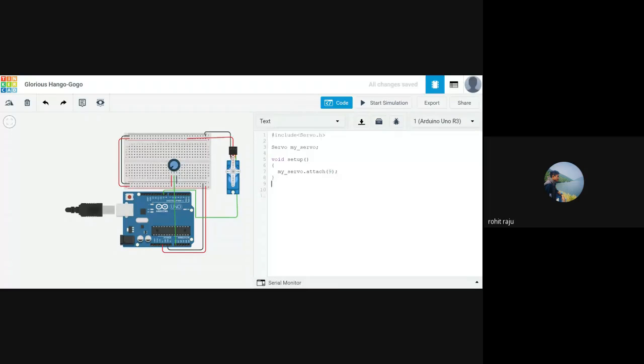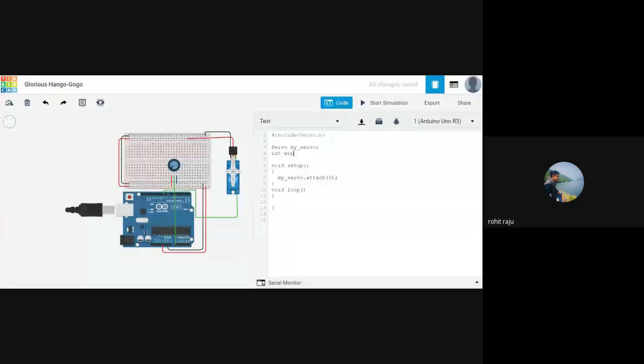That's nice. Now let's start with void loop. And also we have connected this wiper pin to A0, right? So let me also declare my analog pin right here.